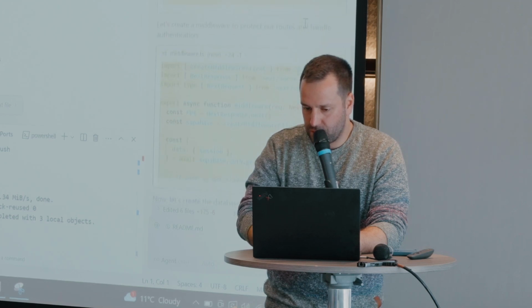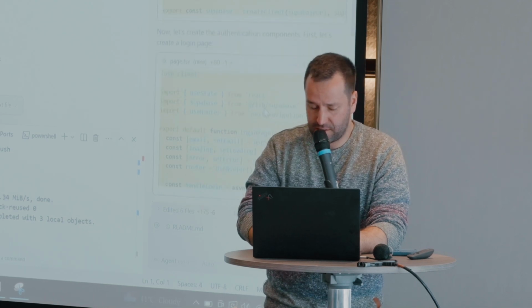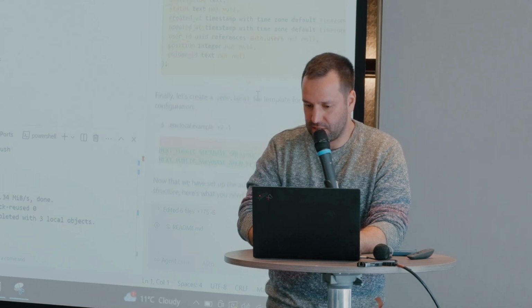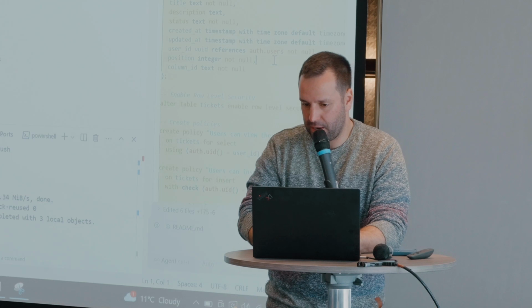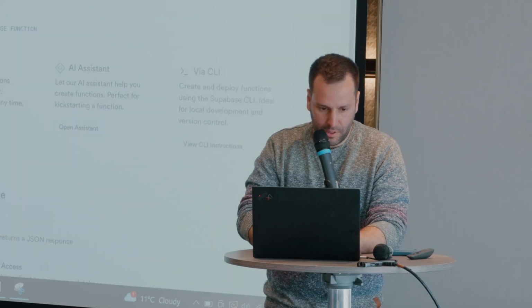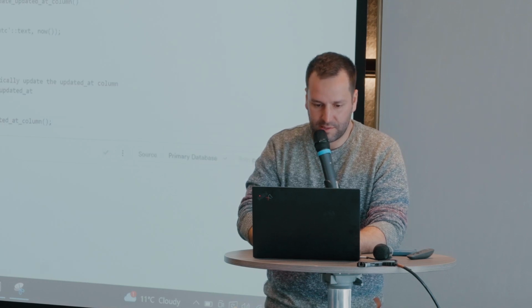Okay, so now Cursor generated all the files that make the connection to Supabase possible. I'll accept all the code, and it says you need to go to Supabase and create your first table. I'll copy this code, go to the SQL editor, paste this SQL query, and run it. It says success, and voila, we have our first table.